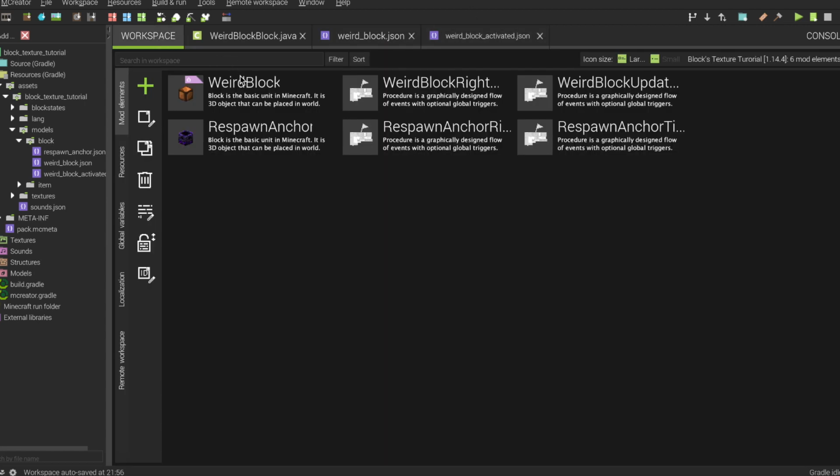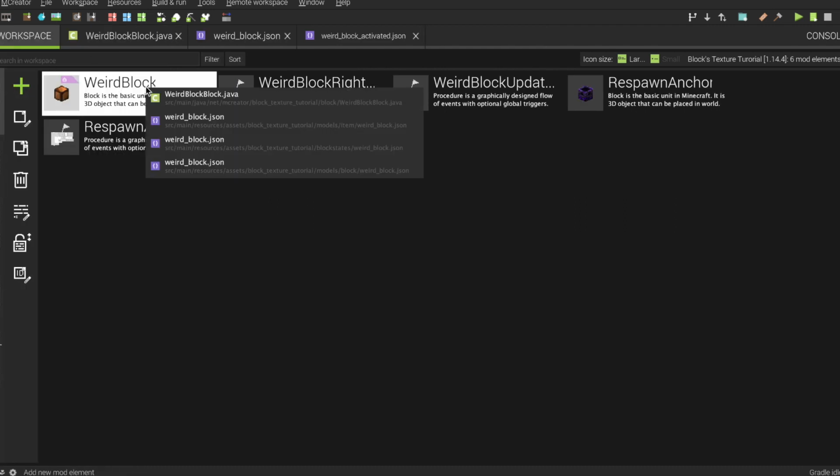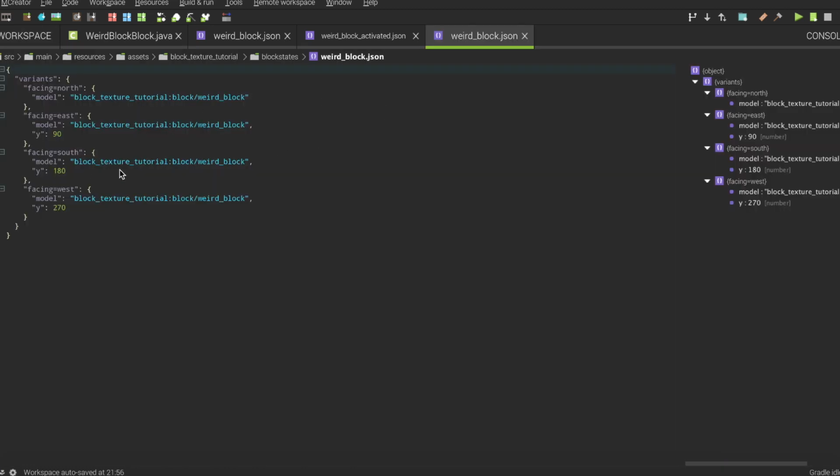Then you can close that for now. Just double click this and you will have this that appears. You can select the block state one where you see it, and then I have the block state.